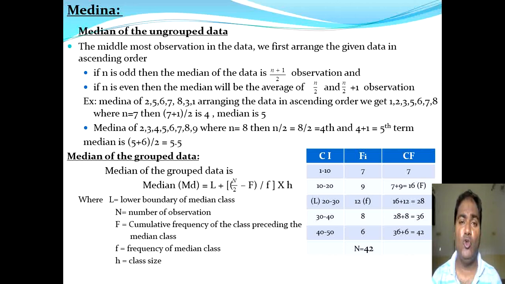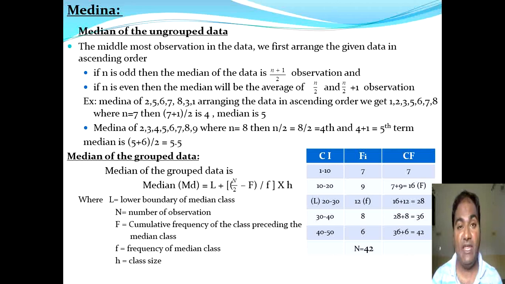Now let us find the median of an ungrouped data. When the observations are given to you, we have to arrange them. If I take the marks of the students, arrange the marks in ascending or descending order. After arranging, the middlemost value is taken as the median. But here we have two conditions. If the number of observations is odd, then there is no problem. We can find the median by using the formula (n plus 1) by 2 observation, that is, number of observations plus 1, divided by 2.